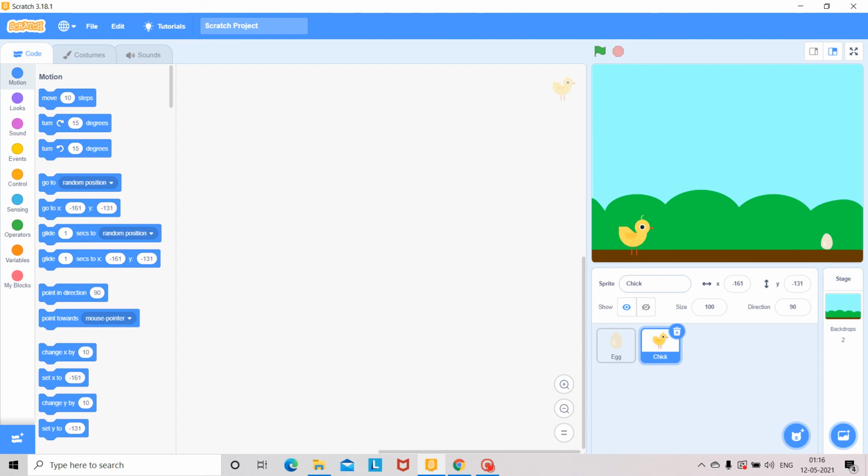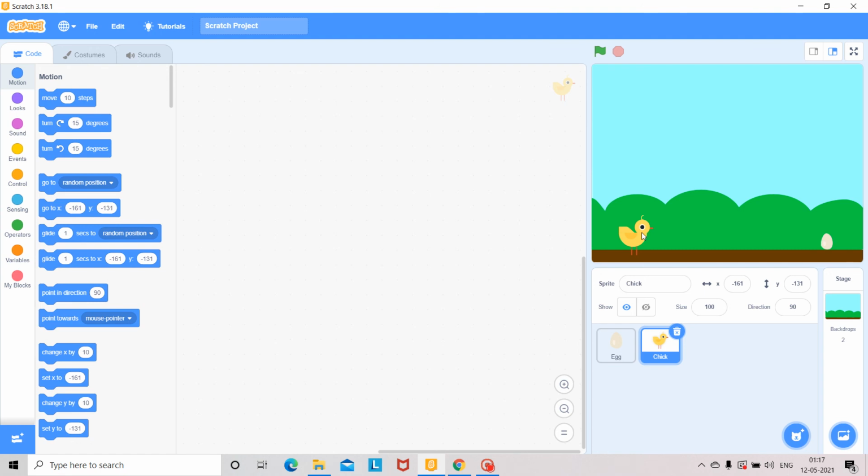Here the chick coding is, you have to remember, the chick is jumping upward and downward. Suppose it moves 10 steps upward and 10 steps downward.